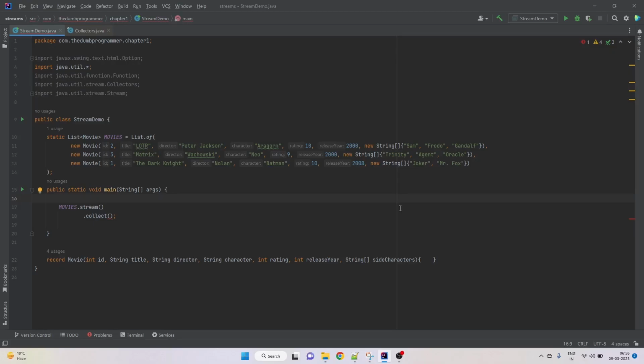In this video, we will discuss grouping by operation, which is a very powerful operation provided in the Java Stream API. Say, for example, we have this movie list and we want to collect movies by their ratings. If we use the grouping by operation of the Stream API, it makes it easy to perform such an operation, because